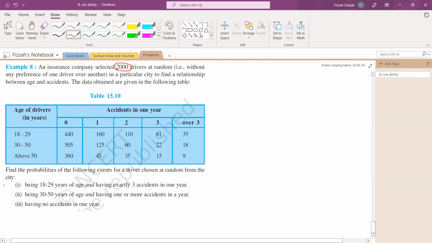Find the probability of the following events for a driver chosen at random from the city. Now, first one, being 18 to 29 years of age and having exactly 3 accidents in 1 year. So basically, see this column, 18 to 29, and exactly 3 means this. So how many drivers are there? 61, ma'am. Right? Yes, ma'am. Okay. So first one,